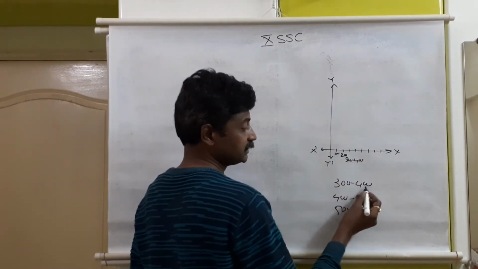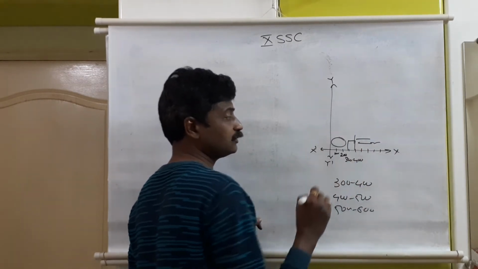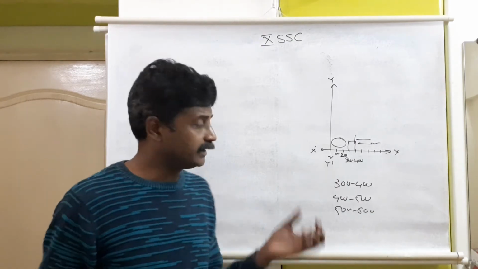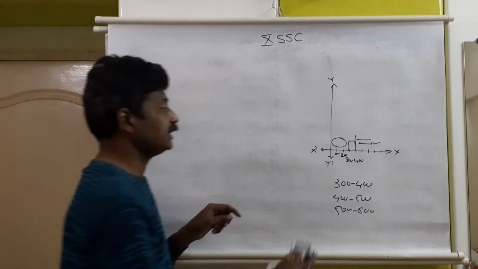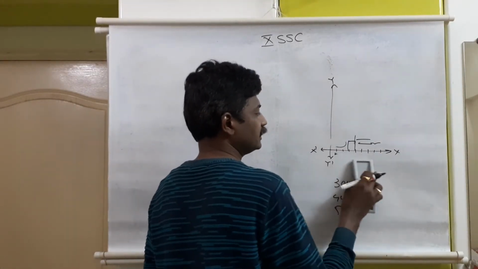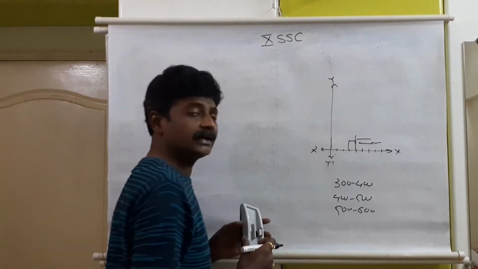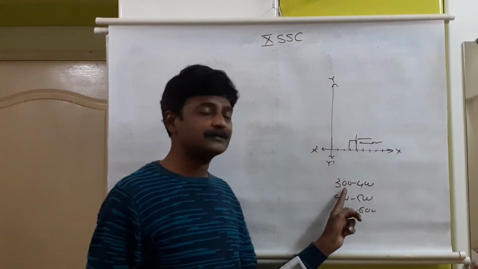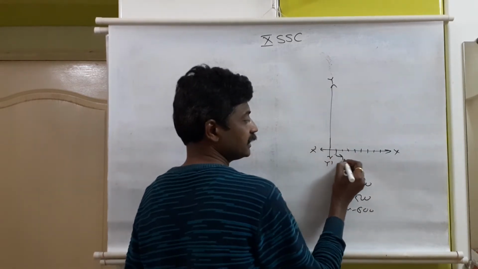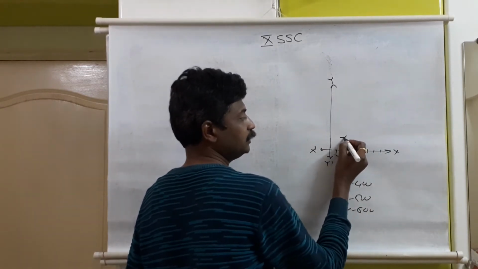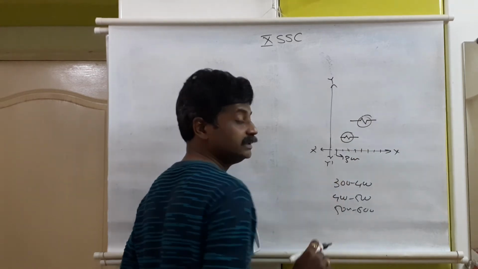Where will our graph start? 300 to 400 means it will start here. But this area is not of use, it is just a blank area. If we don't want to keep this gap, it can be shown in this way. Instead of starting the first centimeter with 100, our graph starts with 300. We can start in this way. This can be considered as 300. Before that, one sign will be used. This is the sign. See, in this way the sign will be used. This sign is known as a kink.